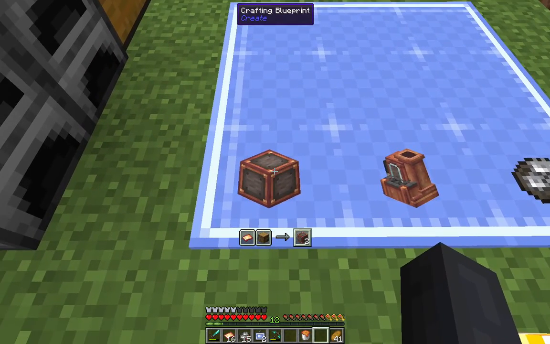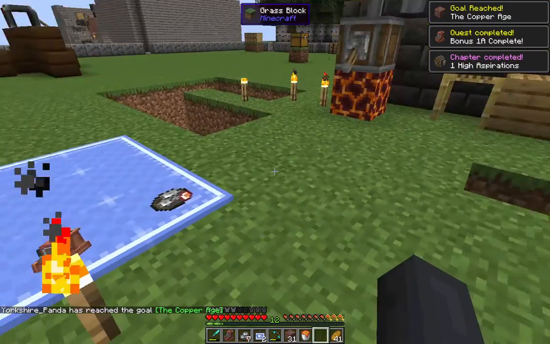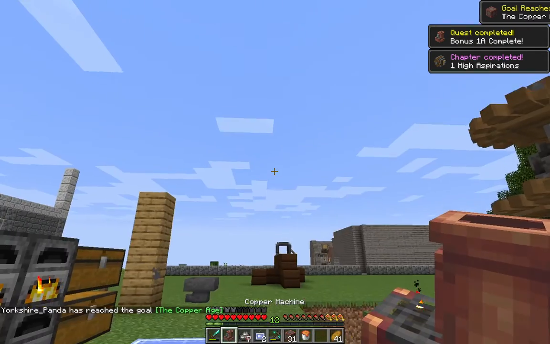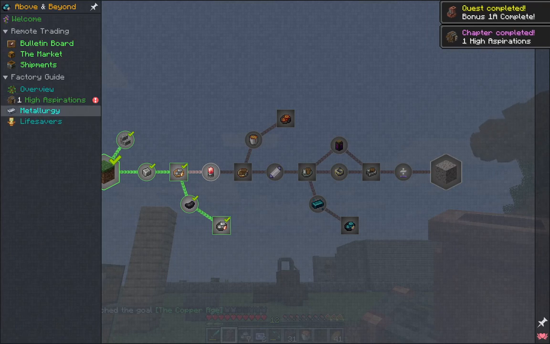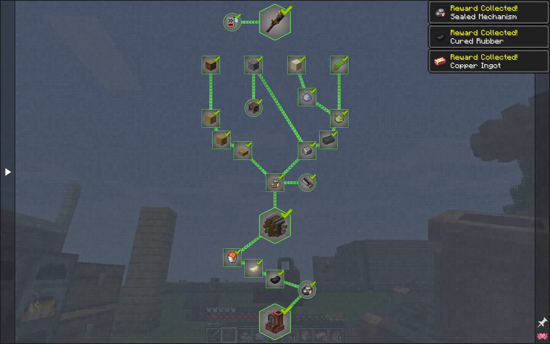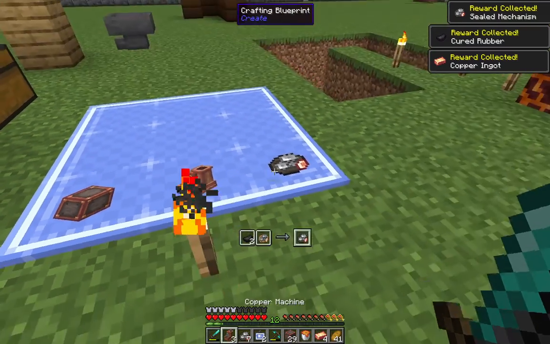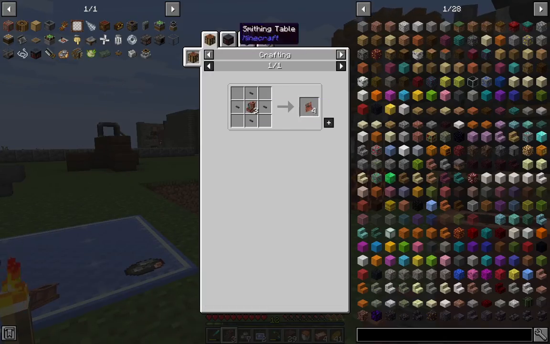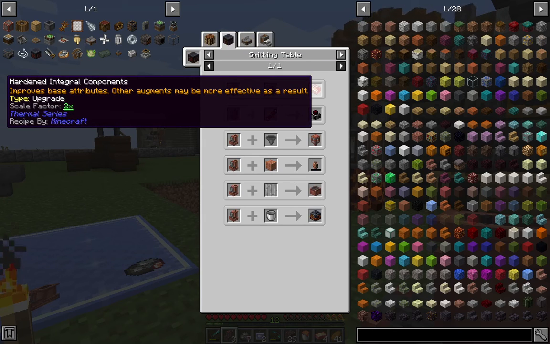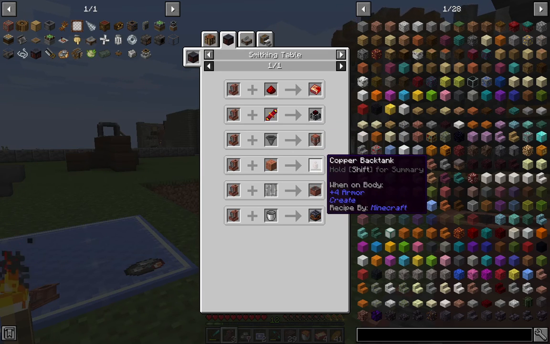You can then go the same here, and then we've got our first copper machine, which gives us a few things as rewards, which means we could probably make a few more. These can be used in the smithing table to create integral components and magmatic dynamos, spouts, which we will need soon, the copper back tank, which opens the door to a few interesting items,